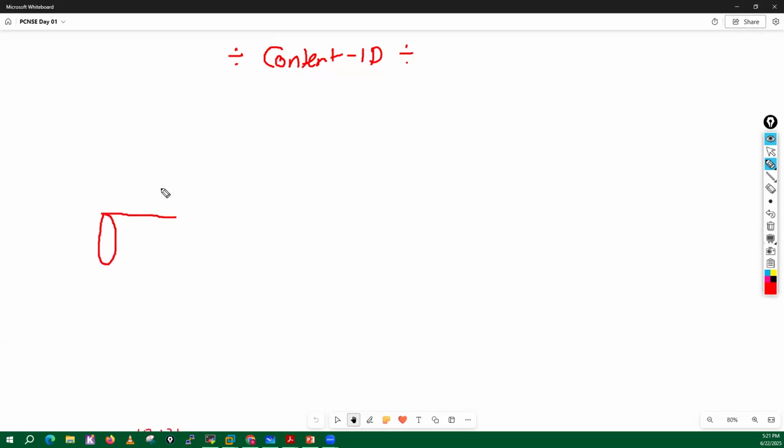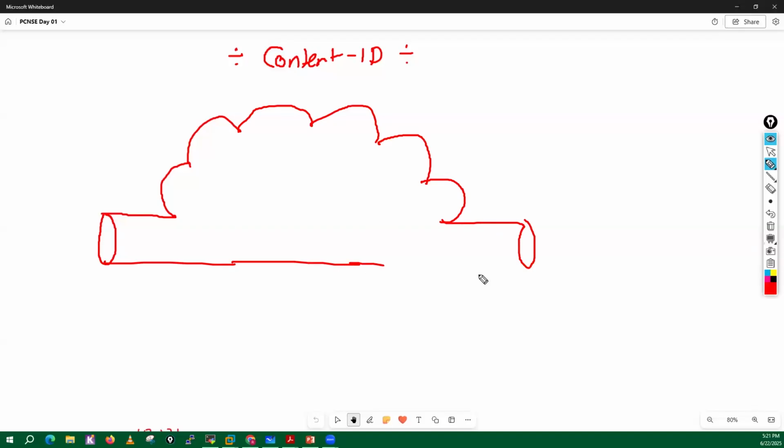Let me draw a wheel here like this. So guys, let's suppose this is your signature match procedure.